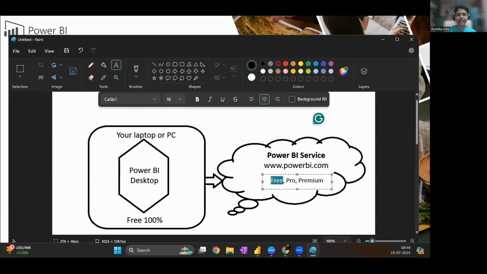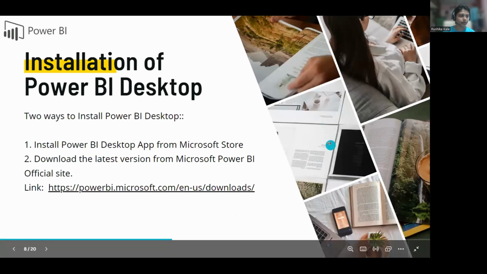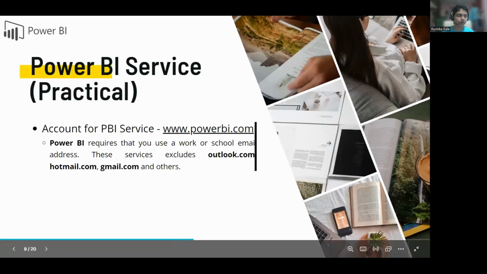So this is a very high level understanding of Power BI service, and the actual paid things are going to start here. But for Power BI desktop, as a developer, everything we are going to do starting today and in future will be all free. You will access everything as a developer from Power BI desktop. Just the sharing and collaborating process will be different. And for that, my next slide is Power BI service.